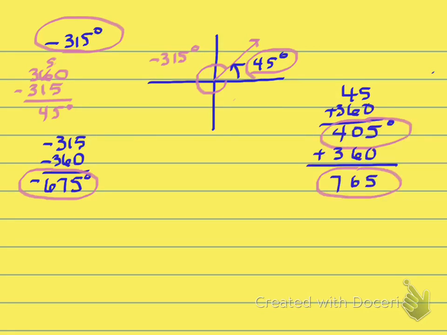I get 405. It has to be in the same location. I don't have to draw it out. I've basically just gone 360 degrees. That's full circle. Add another 360 to that. You're at 765. These are not angles we would usually draw because we would just be drawing that little spiral